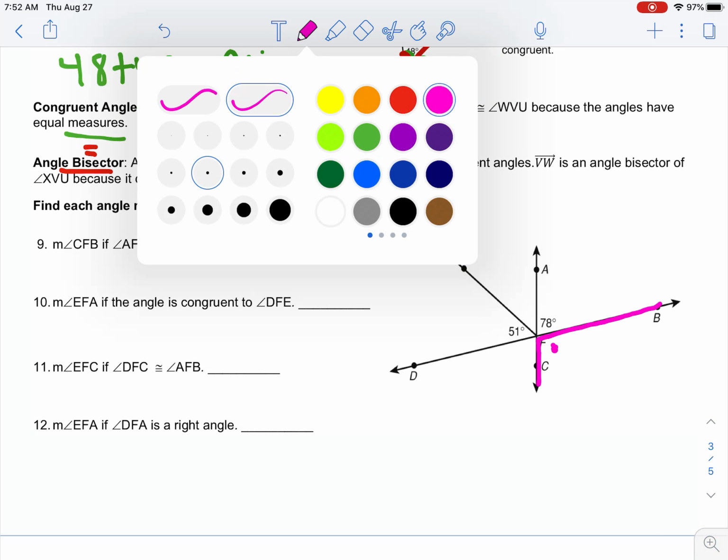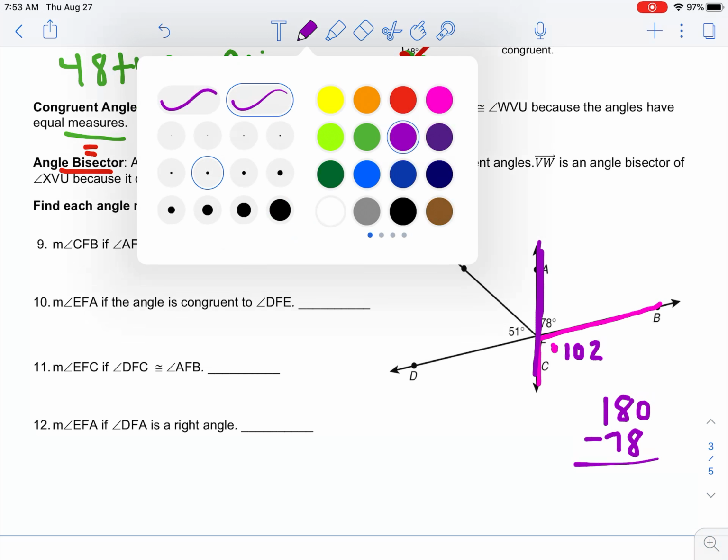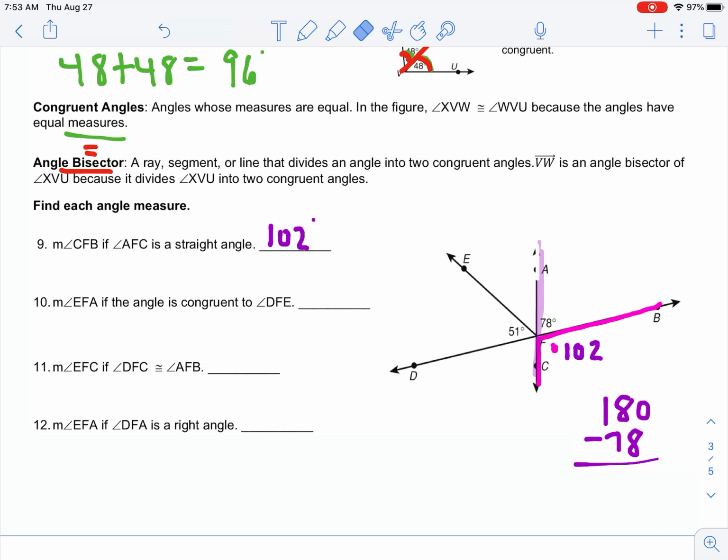All right, what I notice in this picture is that this line right here is a straight line, and straight lines have to add up to 180. So my pink dot and this 78 have to add up to 180. So if I do 180 minus 78, it will tell me my answer for my pink dot, which tells me an angle of 102. So what we do is we look for straight lines, and straight lines have to add up to 180. You'll notice we used that right there, and we got 102. Now, the next question asks us to find